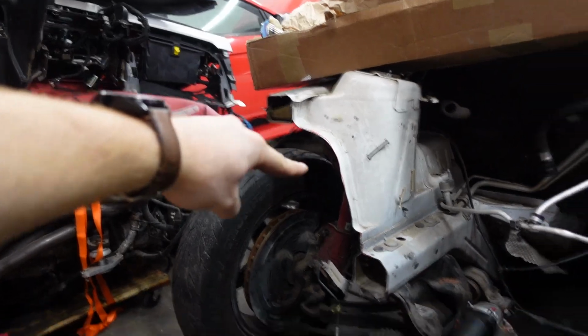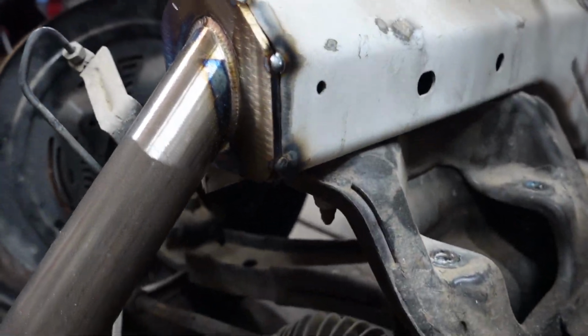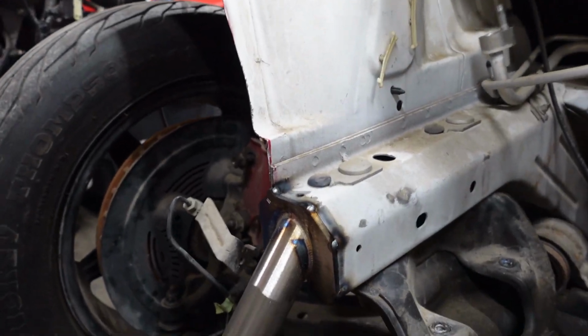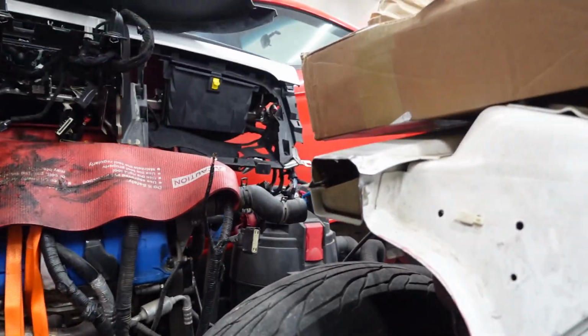So now what we need to do is grab the plates with the bars and get these tack welded into place on all four corners. That way we can get a good baseline going. And just like that, we got one side tack welded. I don't need to find the angle. I'm making this flat because I can bend this up and down if I wanted to find the correct angle I need for the top. So everything's just going to be tacked for now. And when I come to fully weld everything, I'll make sure if I have to bend something up, down, left, or right, obviously I can. This way, I don't need to find the angle; the reason you would need an angle finder or a tool to find your angle